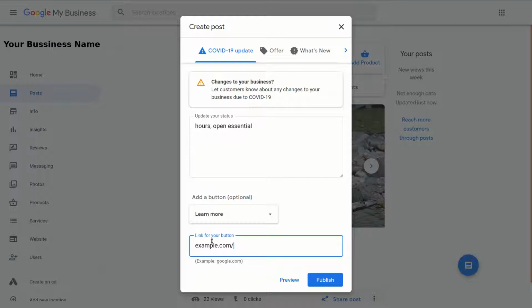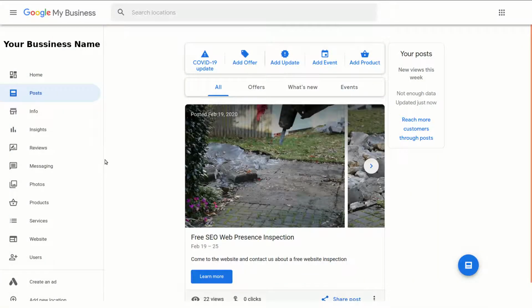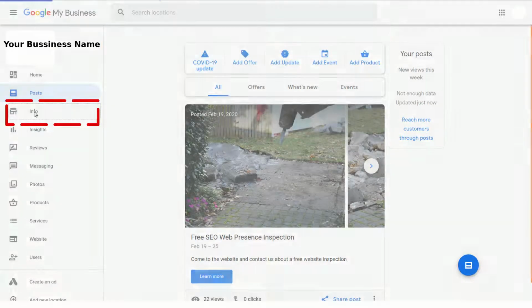All right, I hope that this helps in showing you how to update your Google My Business for the COVID-19 post. There's one more thing I'd like to show you, and we'll go ahead and close out of this, is that Google recommends that you also update your company description. And the company description is here in the info section. So if you left click on this,